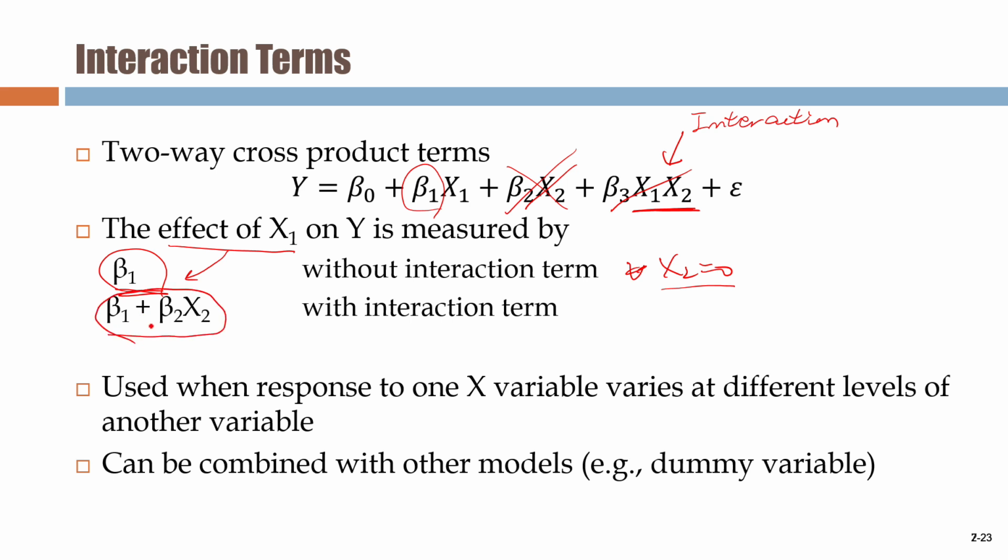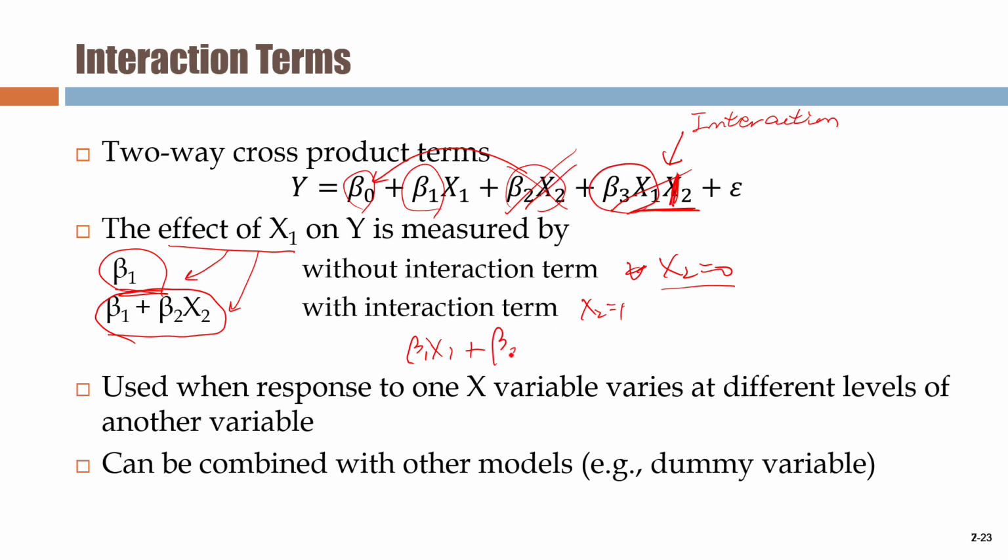And these together will be x1's effect on y when x2 is 1. When x2 is 1, this is beta 1 x1 plus this beta 2, which, because